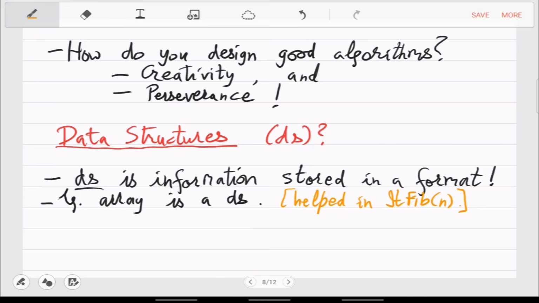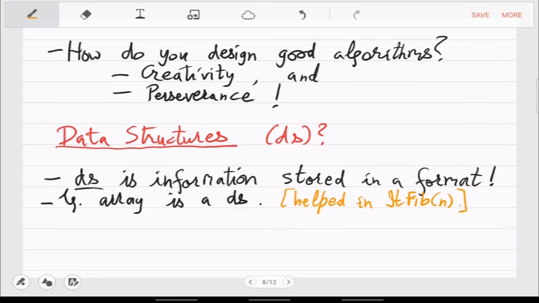Right? Recursive fib means that when you make a recursive call, the computer will create its own variables, its own space, solve the sub-problem, and then forget about it. So that time and money is gone, but there is no information about what happened inside. So instead of that, an array was a better data structure there.